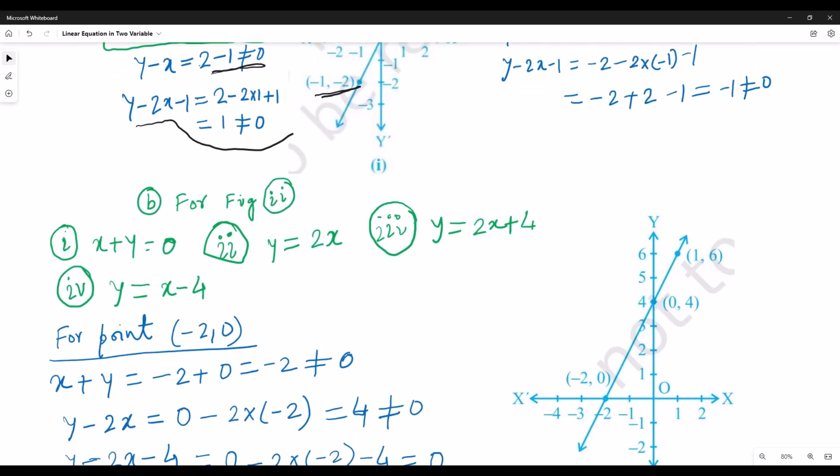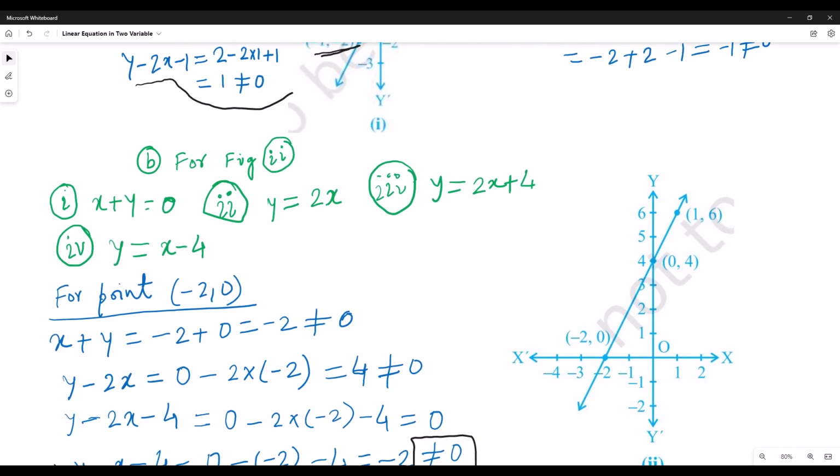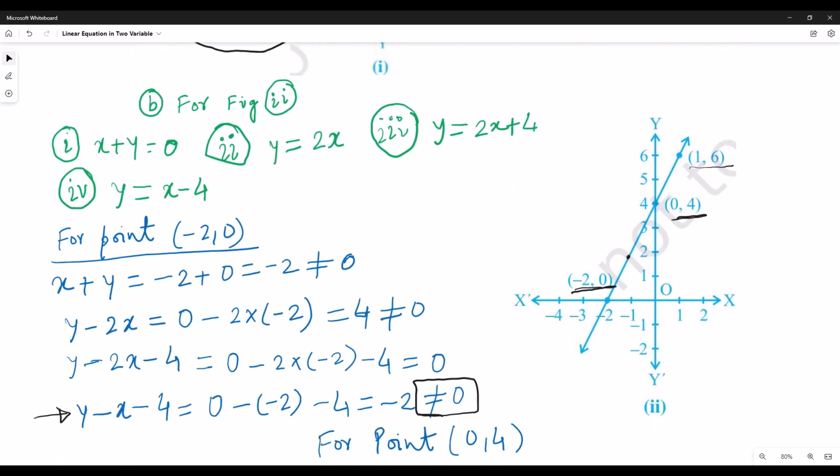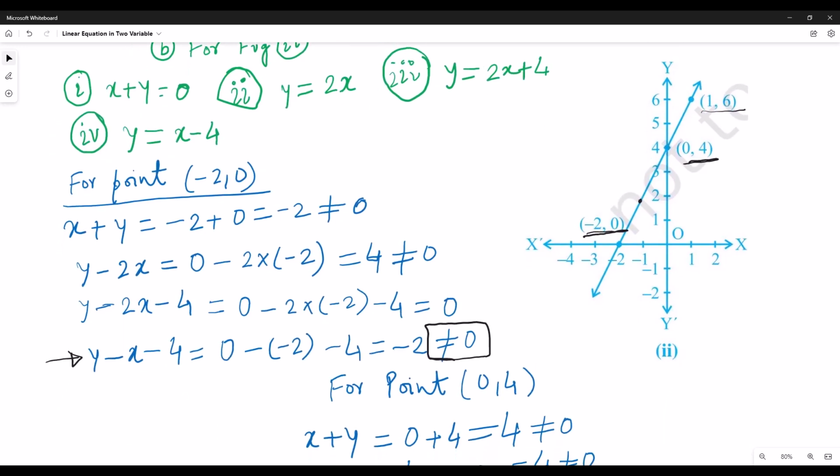So for figure 2, we have to find out which equation is true for the graph. And on this graph, we have 3 points: 1, 6, 0, 4, minus 2, 0. That is exclusively shown in the figure. But there are infinite number of points on this graph. You can find many of them. Okay. So let us check for all these points,